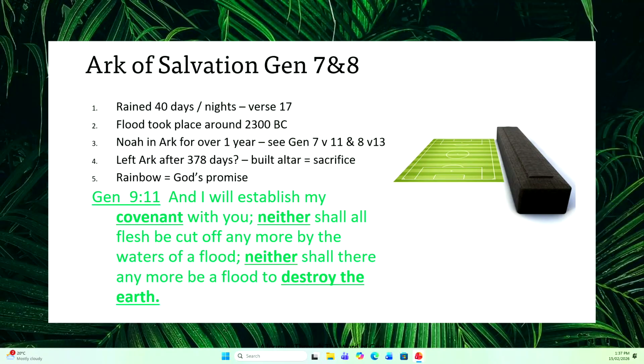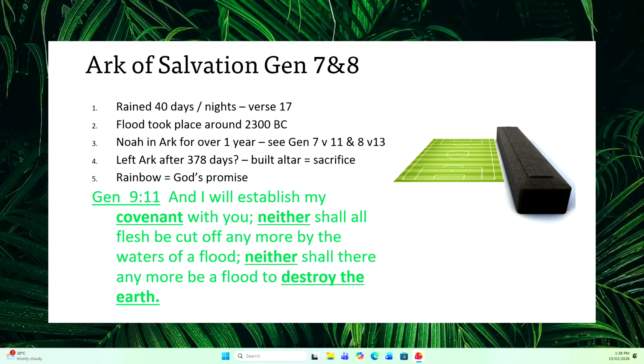If you read Genesis 7 and 8, we find out that even though it took 100 years to build, and he was preaching, God closed the door and the water came up from the depths of the earth, and it also rained, and it quickly flooded the earth, and anybody not inside the ark died. So it rained for 40 days and 40 nights.